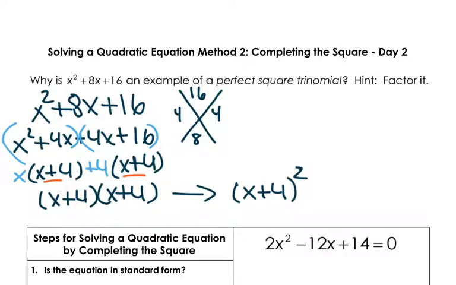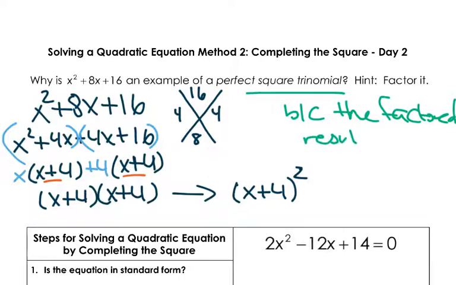Okay. Therefore, going back to the question here, we can now answer it. Why is this an example of a perfect squared trinomial? Well, it's a perfect square trinomial because the factored